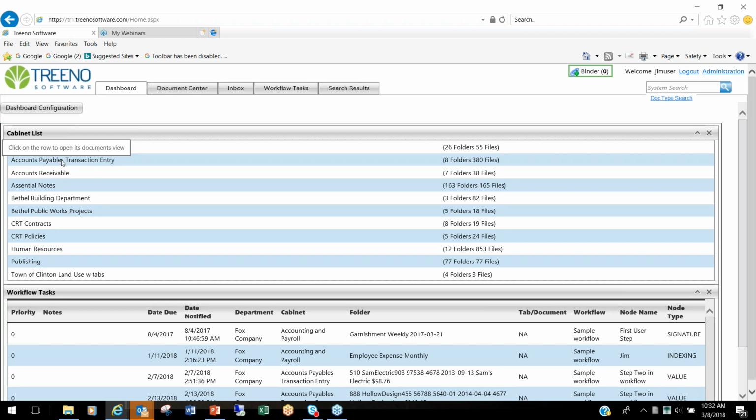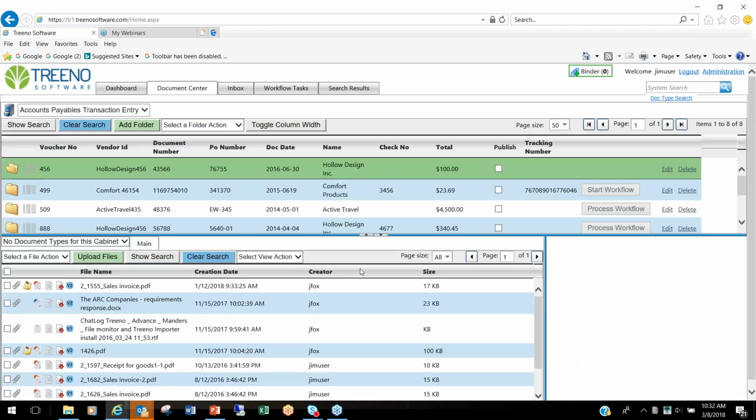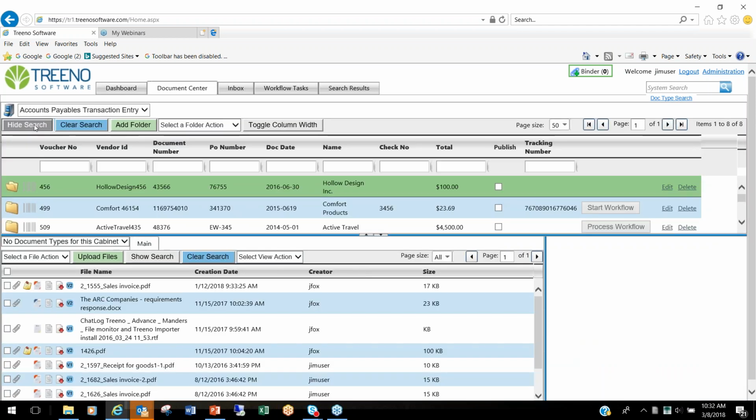Okay, and I'm going to click on a couple of folders here. The first one I want to click on is going to be like an AP cabinet, and I just want to show you some structure of the product and what makes Trino so fast and easy to use. This top part of the screen pertains to the folders. Each one of these records right here is the equivalent of a manila folder you might have in a physical cabinet. We index and label these folders by what we refer to as indexes, and they're right up in here: